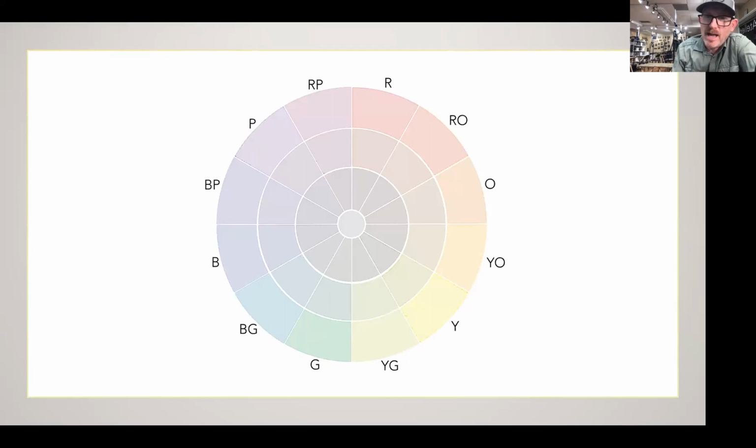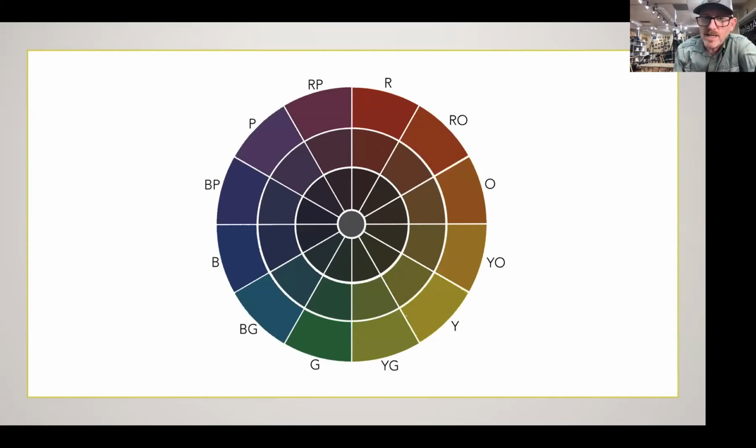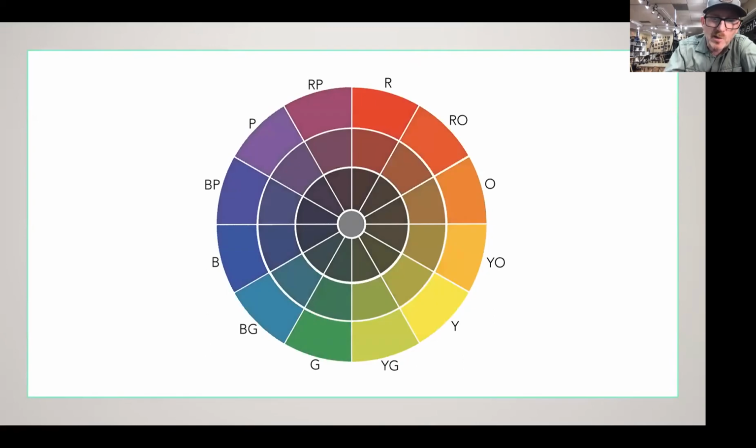The red is still red. In its most intense, it's the most intense version of the red. And as you move towards the center, it gets grayer and grayer. It's harder to see when it's so light, of course, but that is something that we see. Same thing when it gets too dark, hard to perceive as they get darker, but there are those differentiations. So the color wheel at its maximum saturation, as I've left it here, has a bunch of different values, but value is easy to think about.